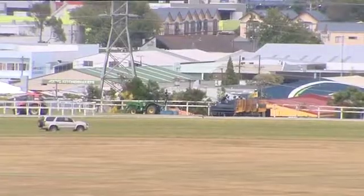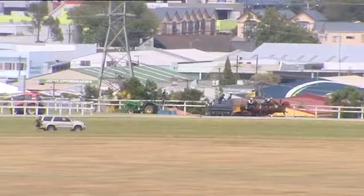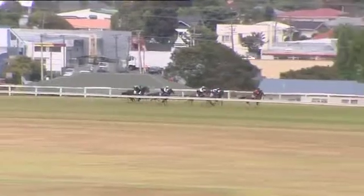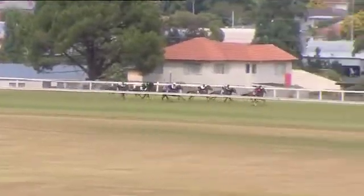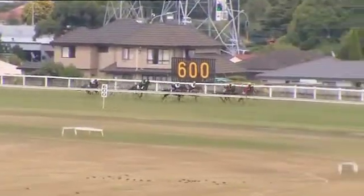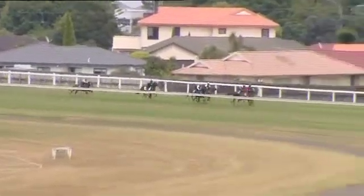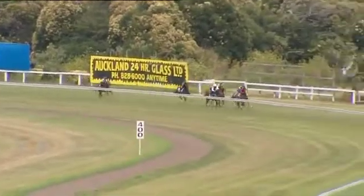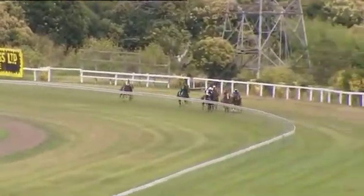2-year-old catch weight, 800 metres, heat number 7. Gates open, they're off, and the Keeper filly out wide exploded from the gates here and shows a clean pair of heels in the early stages. Going forward over on the inside next was the O'Reilly Colt into second spot, then followed round by Cha-Cha in third position. Going through on the inside of it, Minganui. Further back in the field then was the Perfectly Ready Colt, and back of the tail is the Librettus Colt